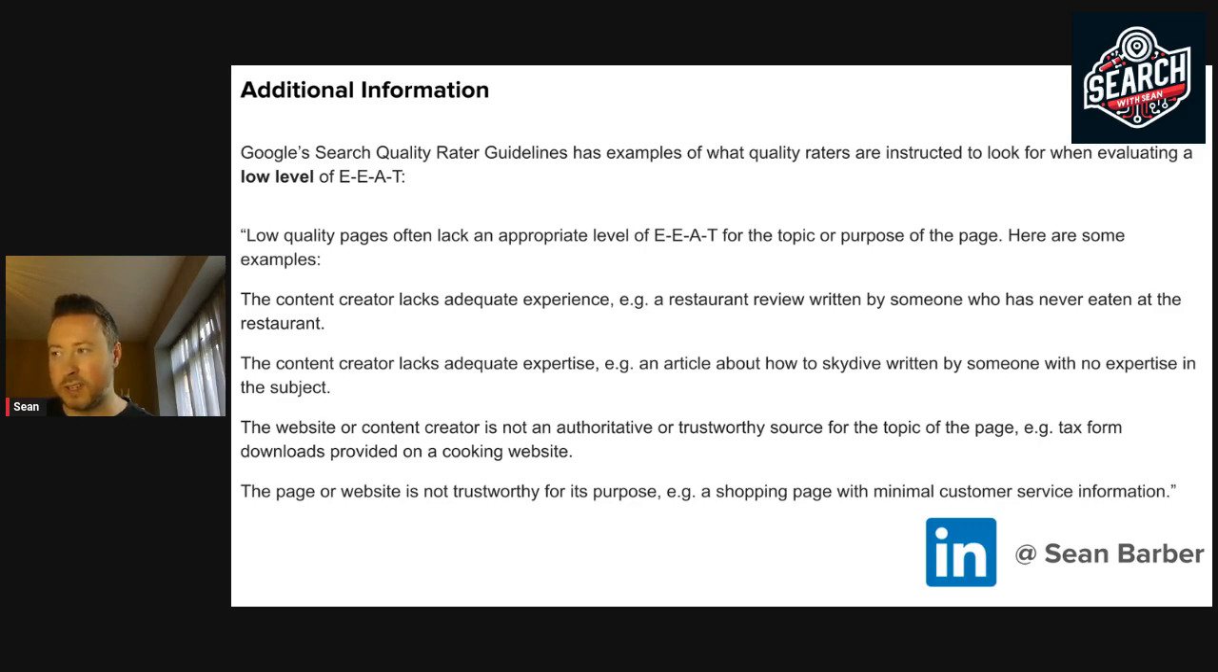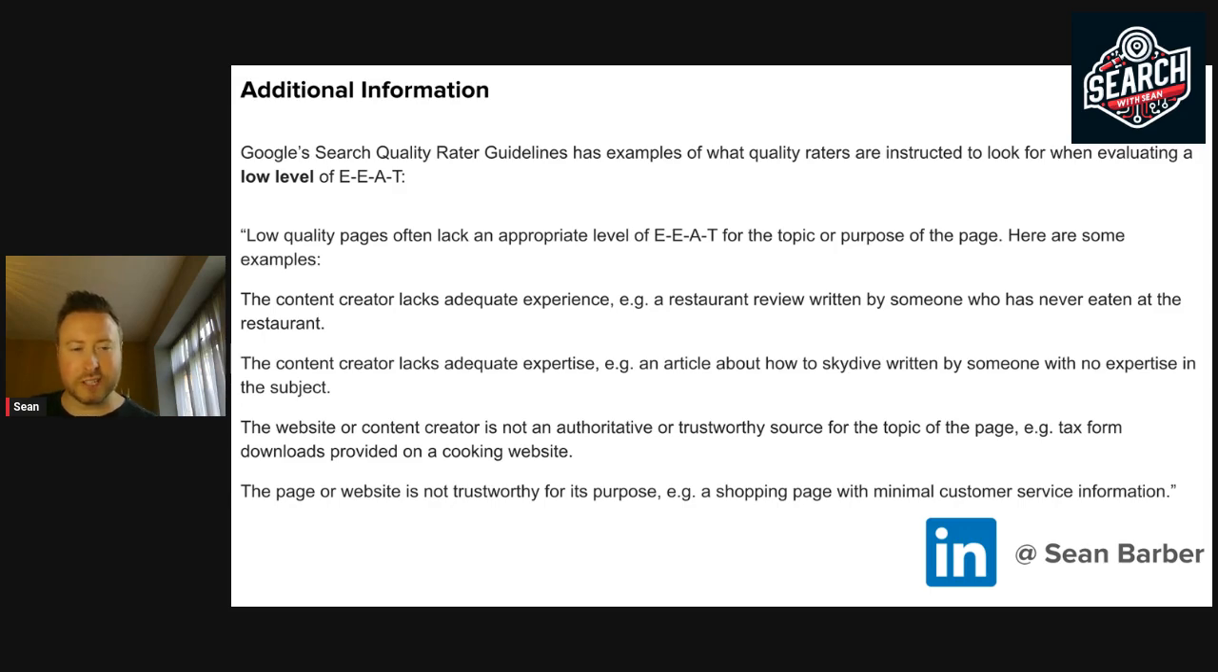If actually, funny enough, they put skydiving. Must have been an article about how to skydive written by someone with no expertise in the subject. I must be reading these guidelines way too much to have that example. The website or content creator is not authoritative or trustworthy sources for the topic of the page. So they put the example of a tax form downloads provided on a cooking website. Again, that example of that website that James Brockbank mentioned around,